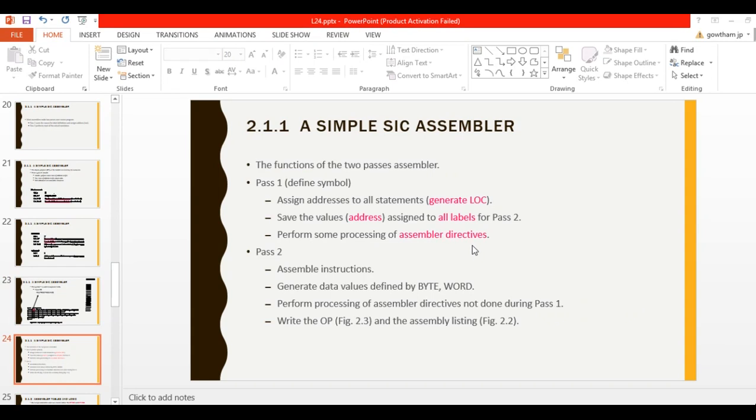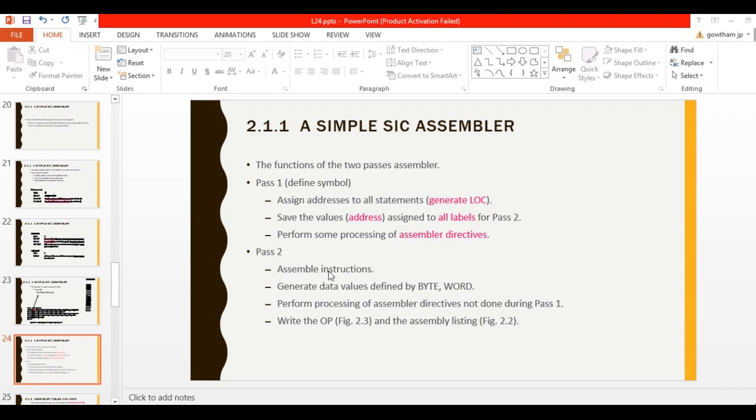If it is WORD, then add 3 to the location counter, then RESW, like this. Pass 2 assembles instructions, generates data values defined by BYTE and WORD, performs processing of assembler directives not done during pass 1, and writes the object program and the assembly listing.